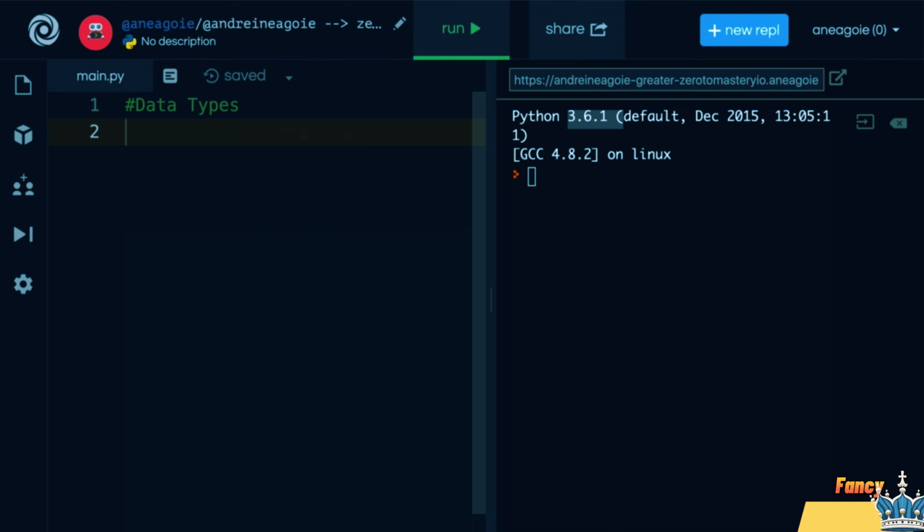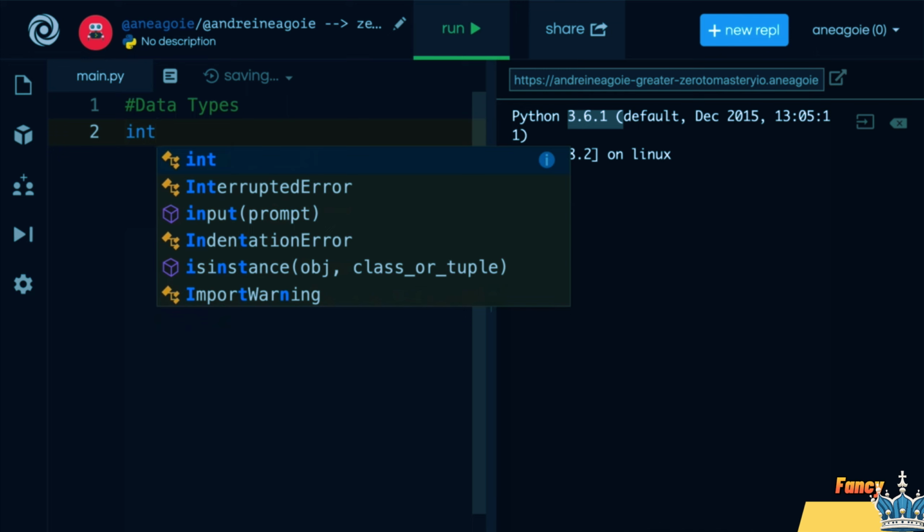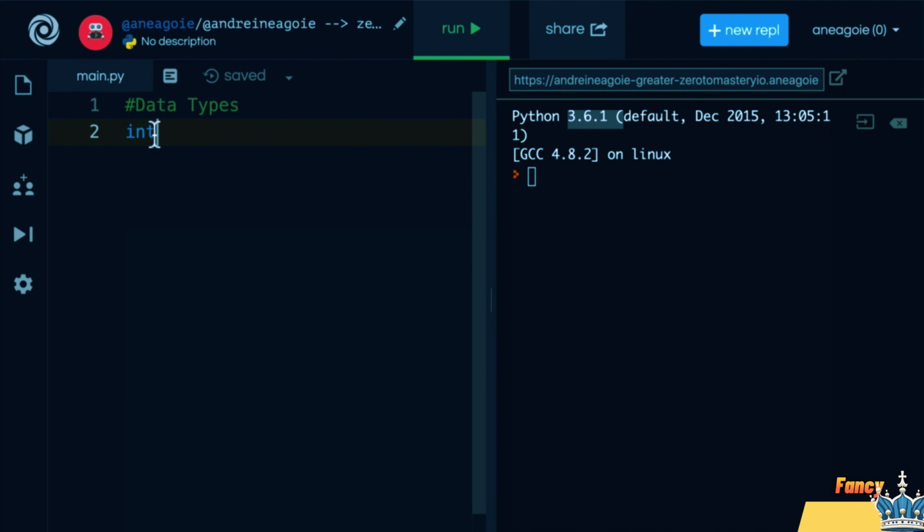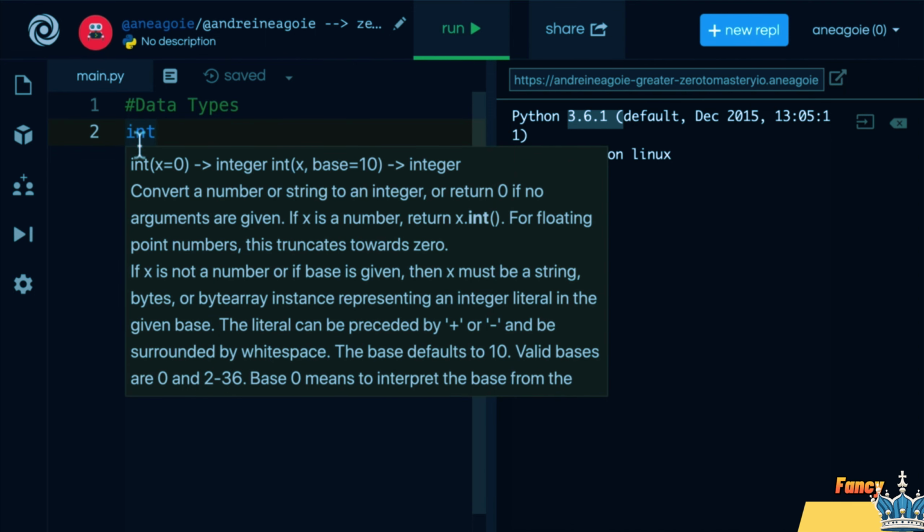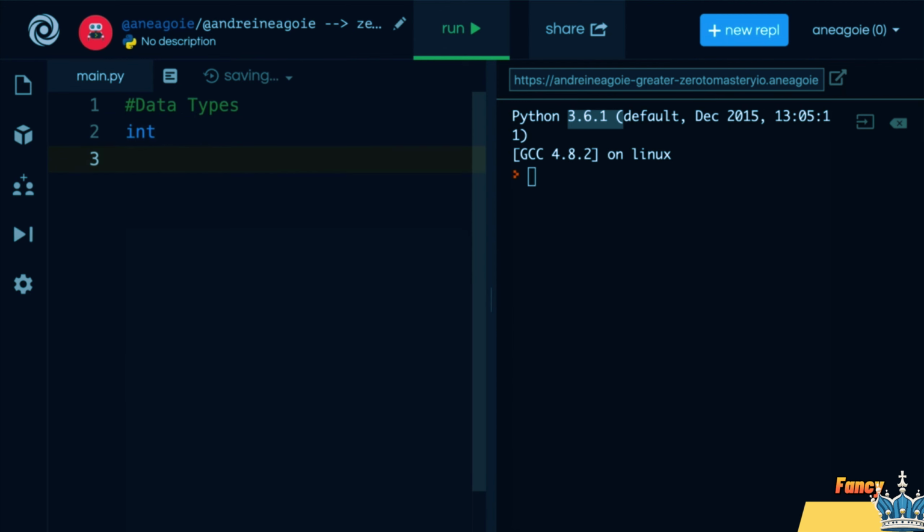And Python has several available to us. Now I'm going to list them out for you, and then we're going to talk about each one individually. First, we have something called int. And you see right away when I type, the REPL already gives me a hint and highlights it. If I hover over it, it shows me that int stands for integer. We also have something called float. We have bool, which stands for boolean. We have str, which stands for string,